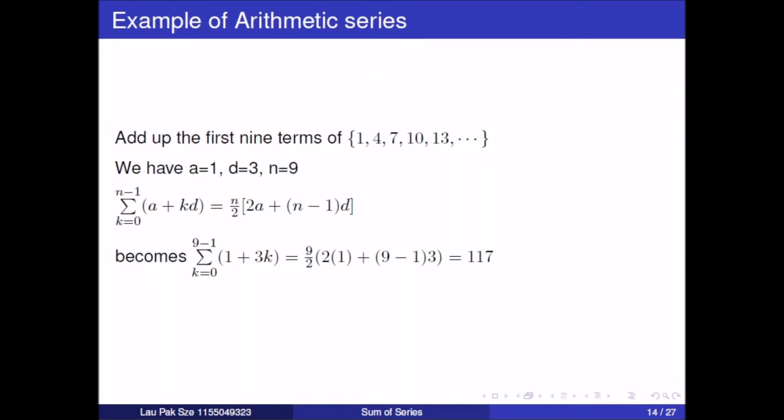In this example, we have to add up the first 9 terms of 1, 4, 7, 10, 13, etc. We have a equals 1, d equals 3, and n equals 9. We then plug the values into the formula for the sum of an arithmetic series. We have the summation of 1 plus 3k from k equals 0 to 9 minus 1, and get 117 as